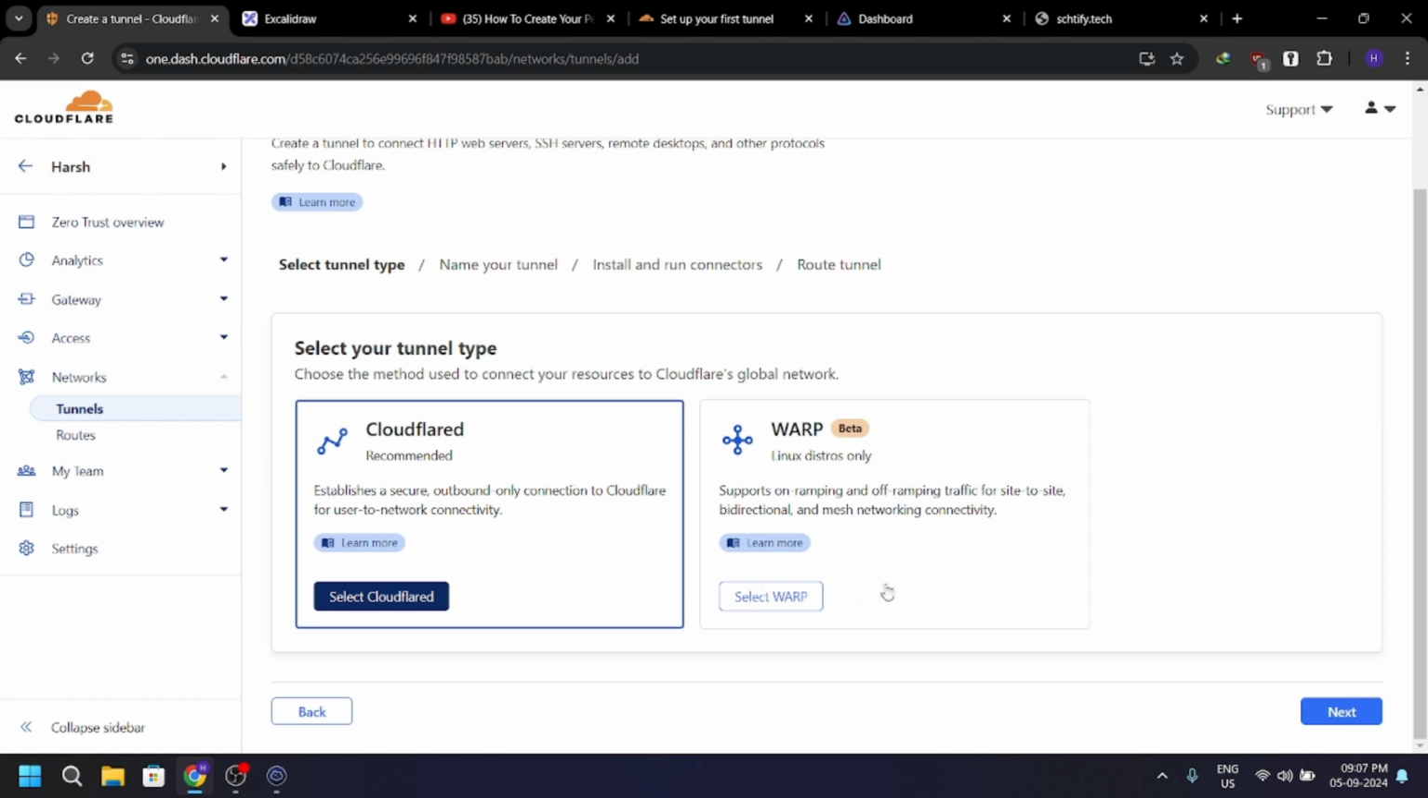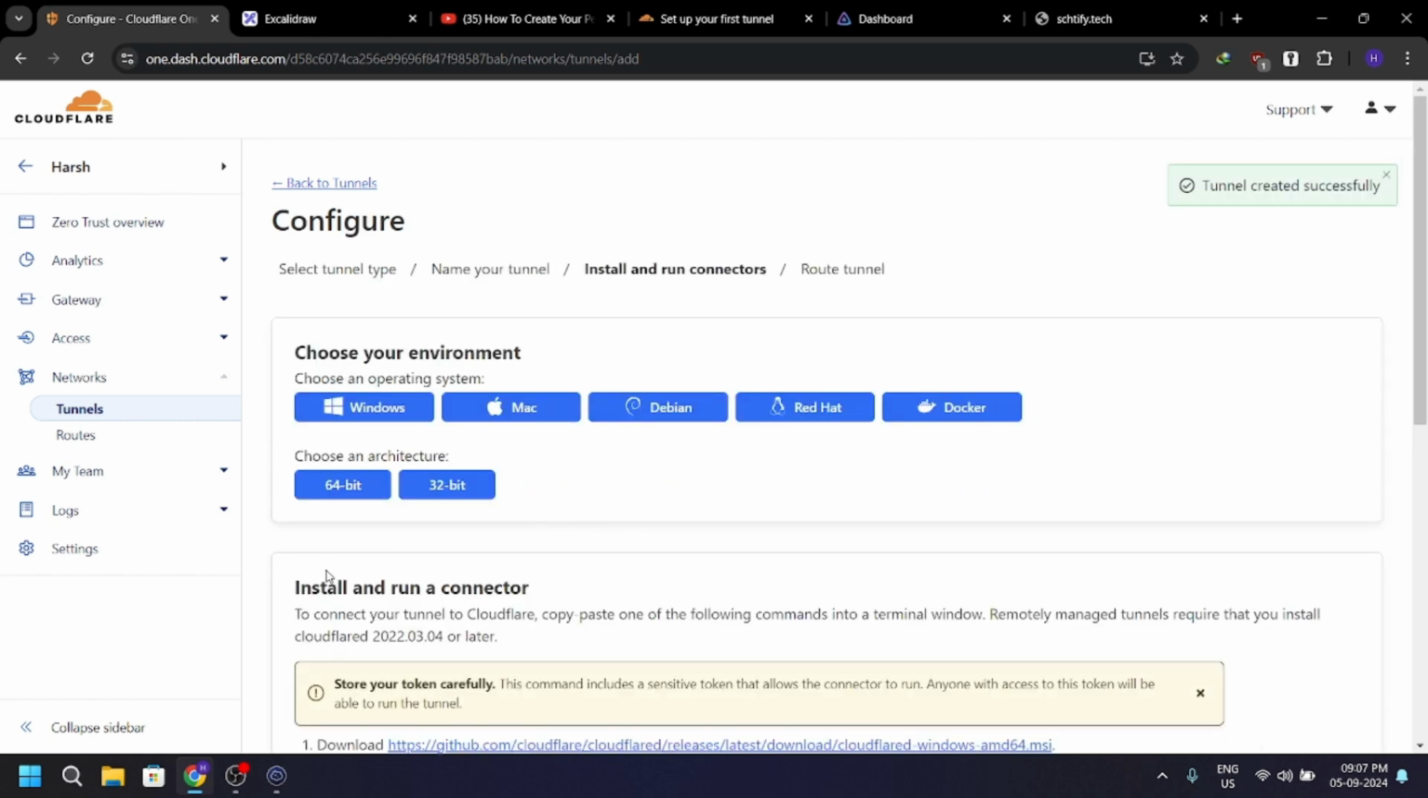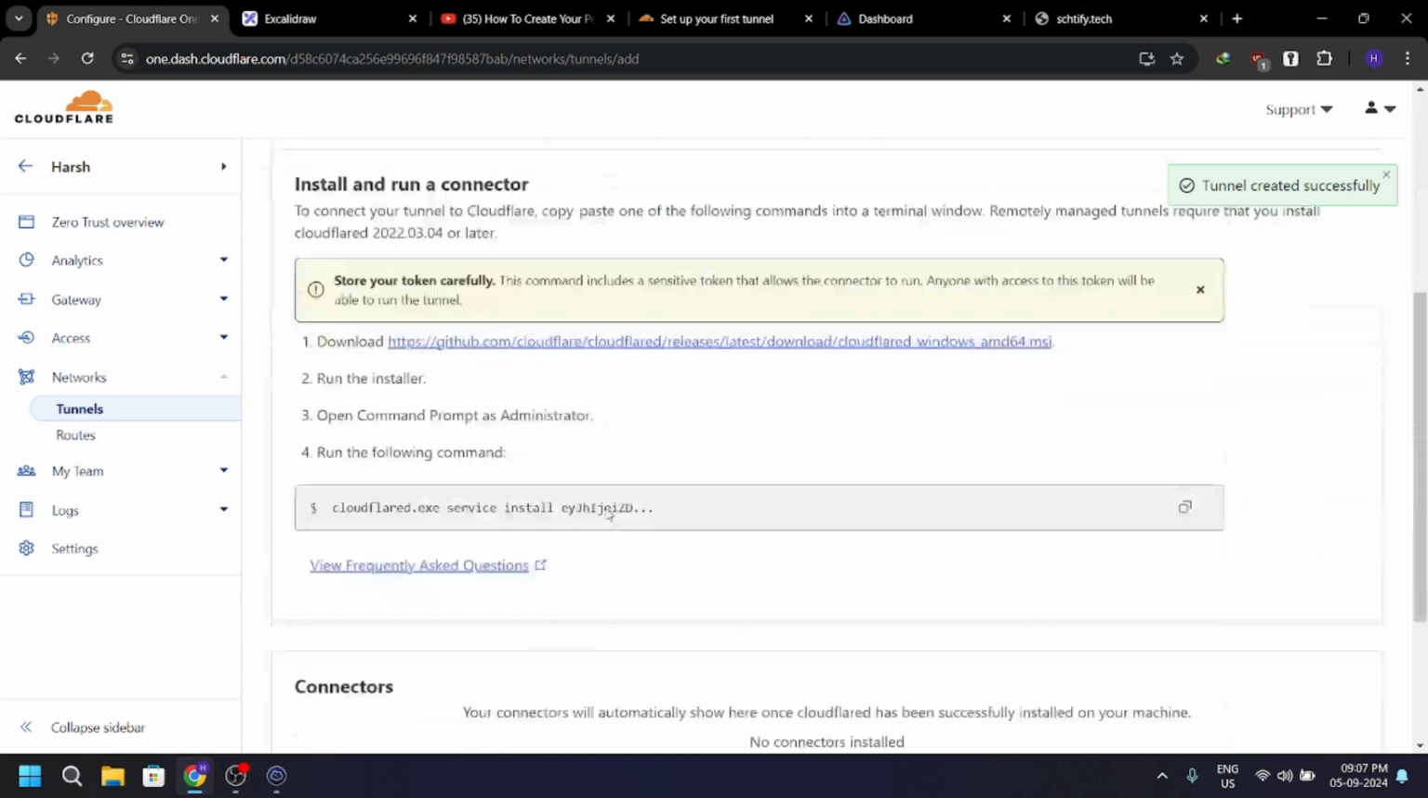First of all you have to select add a tunnel, and of course we are getting the Cloudflared, which is a beta one. In future we will also do that with Cloudflare WARP. Type your tunnel name, so I will name it. Yeah, and now save. Basically this was just a name. And